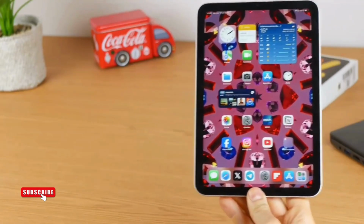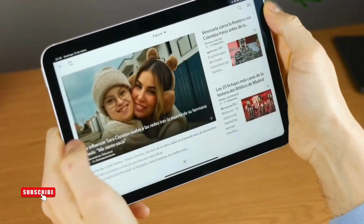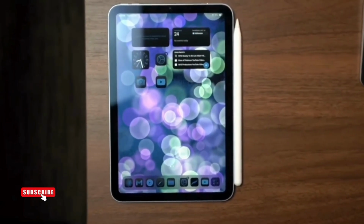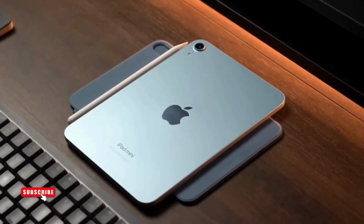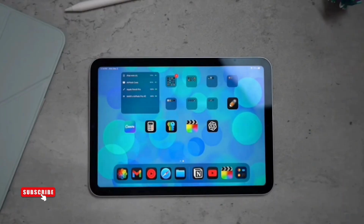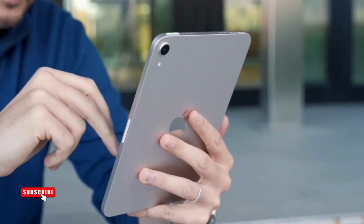The iPad mini 7 has the same overall design as the iPad mini 6, 2021. There are some tweaks, but they are minimal. One major change to the refreshed iPad mini is Apple Pencil support. It includes the new magnetic connector for the Apple Pencil Pro, which boasts a slew of new features like hovering and squeeze controls. The downside is that the iPad mini 7 isn't compatible with the Apple Pencil 2nd generation or the even older 1st generation model, so you may need to trade in your older Pencil for the Pencil Pro